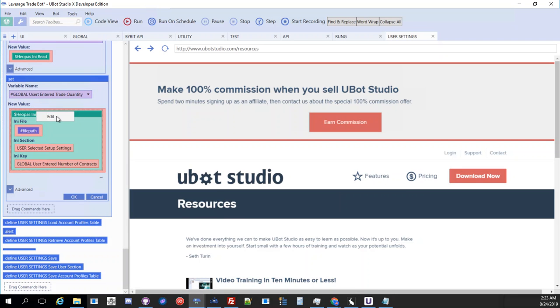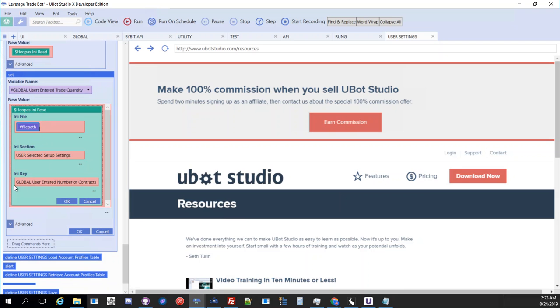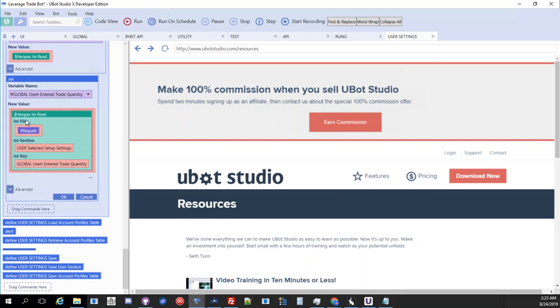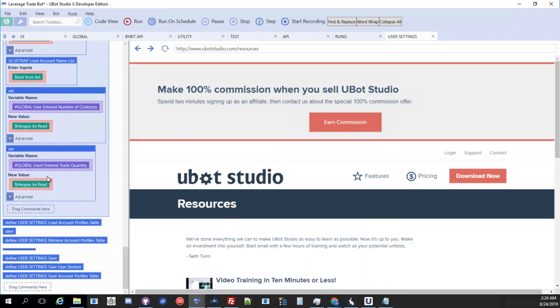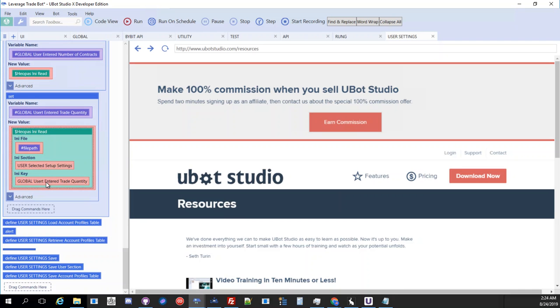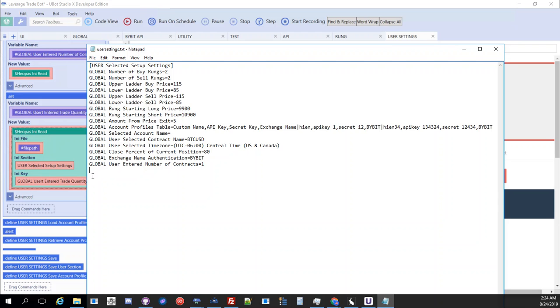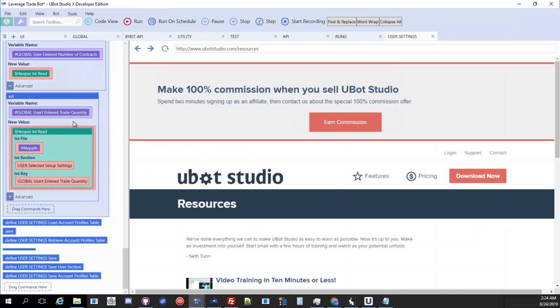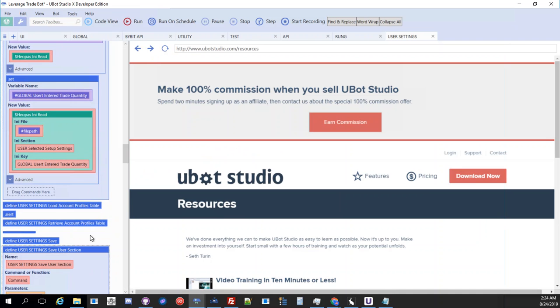Okay. Now the read, make sure that when you replace this, that you remove this hash thingy. Otherwise, it's gonna think it's a variable and it becomes purple. So it's trying to read a variable, but not. What you want is to match this. This is what it's looking for, so that it could find the variable here without the hash. Okay. And so this will help you load it, and then you also need to save it